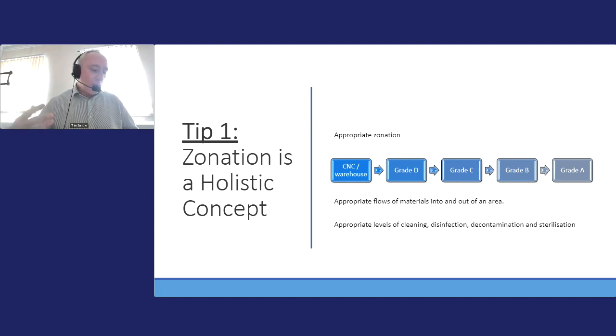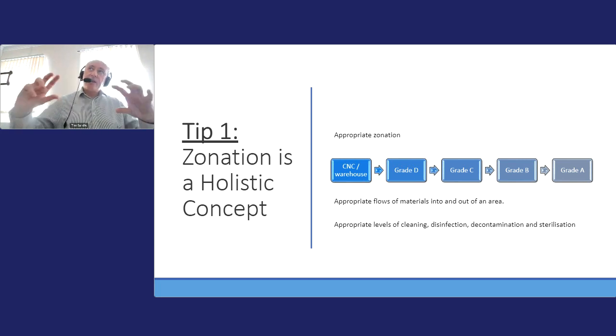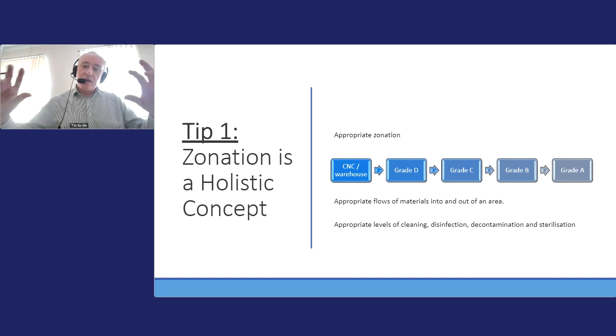So we do need appropriate flows, but we need to bear in mind that even though we might look at individual areas, what happens in one area can actually affect another area. So we can get transference of contamination. And again, studies have shown, for example, that build-up of contamination in grade C eventually has an interrelationship with grade B, and that's because of the different access points by which we would potentially enter. So understanding and accepting that is an ever-present reality is a very important thing for understanding